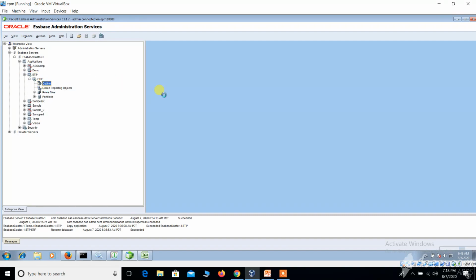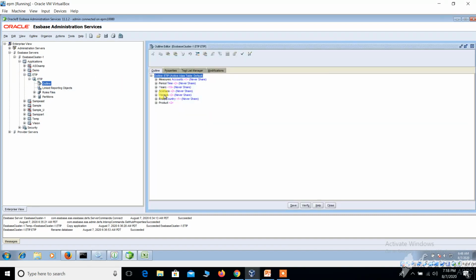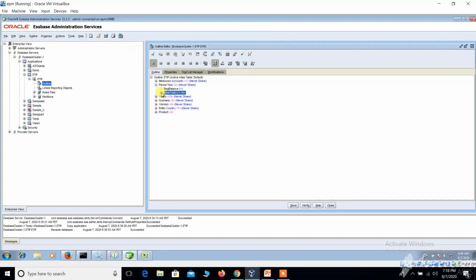So I will show the outline, what dimensions are present in this outline. We have measure, which is nothing but account, and period. In period we have total, and we have multiple years.